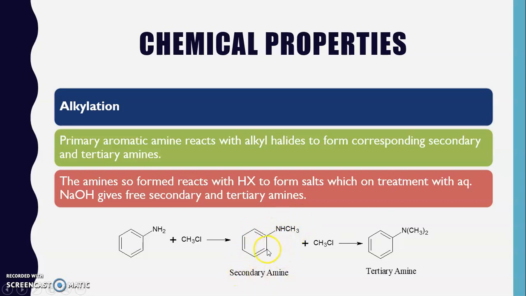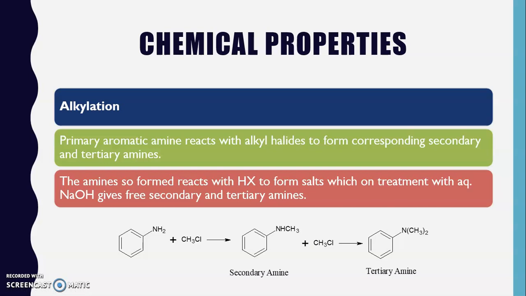Now, secondary amines also have one hydrogen atom. So a second molecule of alkyl halide will react with this hydrogen atom, and this hydrogen atom is replaced, and another CH3 group is attached to the nitrogen, and it will be converted into the tertiary amine. So two alkyl groups are now present with the nitrogen atom. So this is known as the tertiary amine. Further, tertiary amines on reaction with alkyl halide are also converted into a salt, that is, a quaternary ammonium salt is generated.